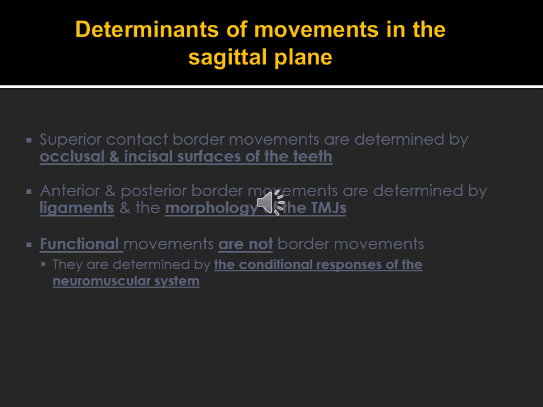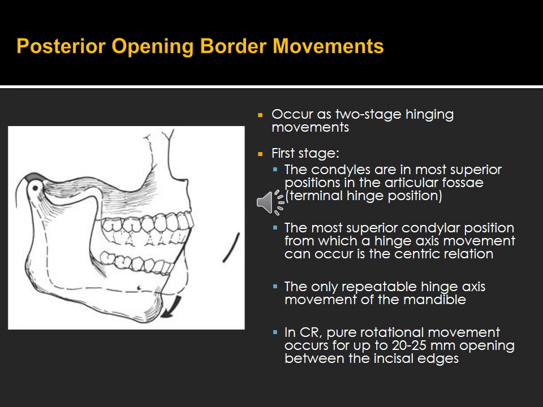So the functional movement was within the border movements, inside the border movements. So the functional movements usually don't extend to the border movements, okay? And it is under the control of a neuromuscular system. Just to remind you, the posterior opening border movements on the envelope, where is the face of a patient there,